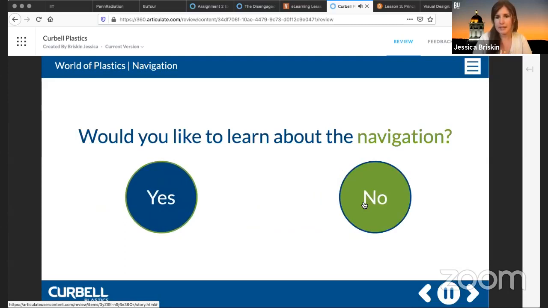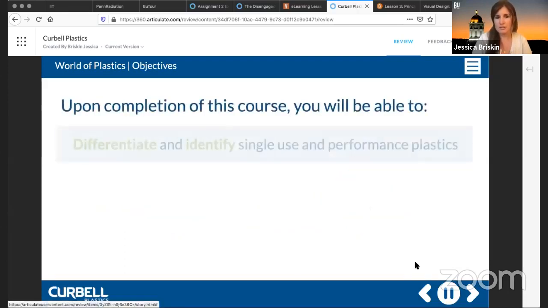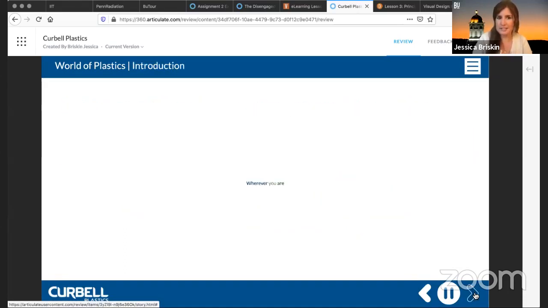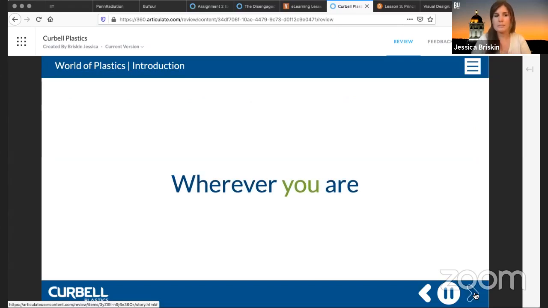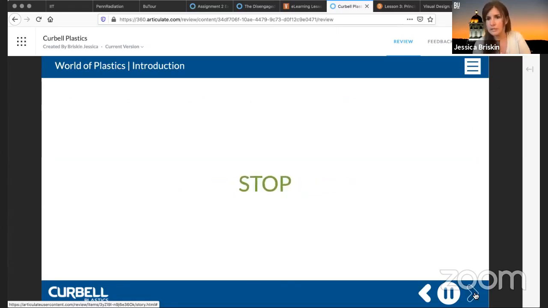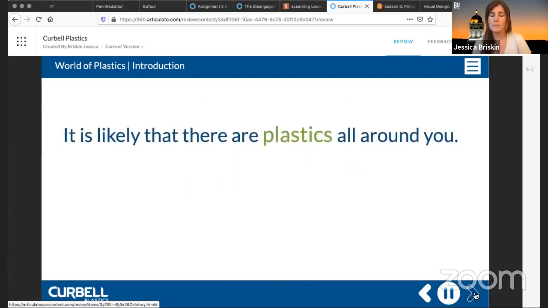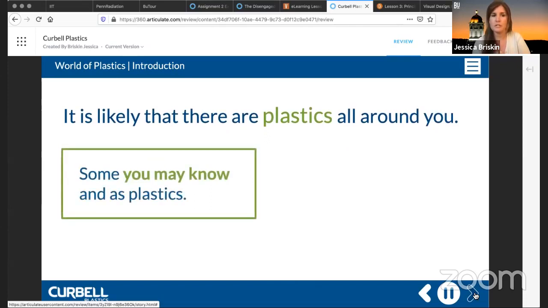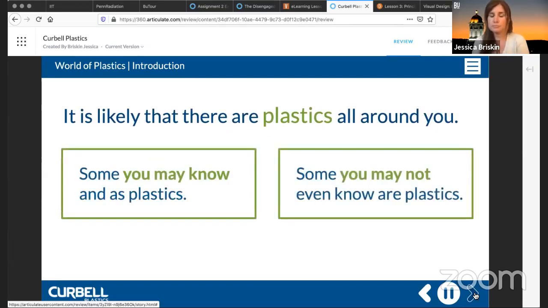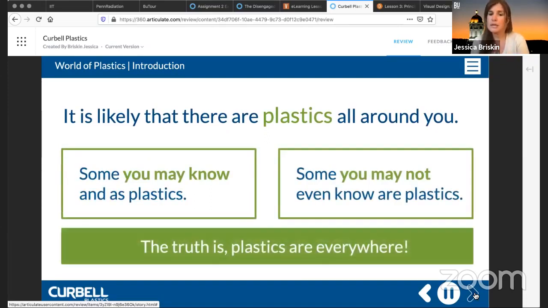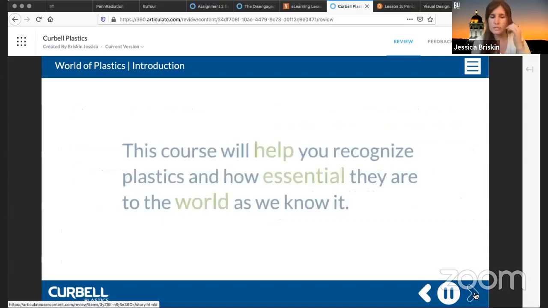So here's a little sample of what this group developed. I'm just going to skip over the navigation. So you'll have your objectives in your course. I can skip around it. So this is developed in Articulate Storyline. That's another software that you will learn in our program. We learn different authoring tools. Rise is one, as part of the Articulate package. Storyline, also Adobe products. So we use different ones. This is using Storyline.